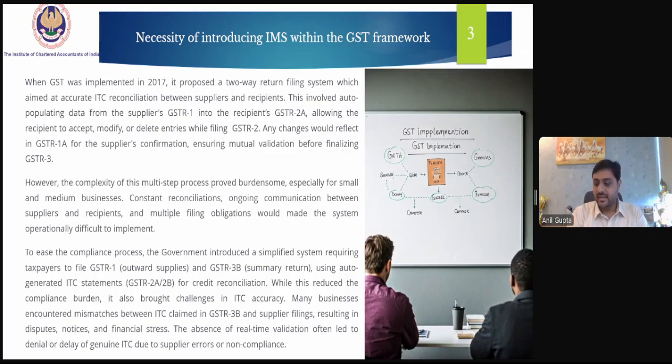That is why, considering these issues, the government, with the help of GSTN, has now introduced IMS, which is designed to fill the gap left by the permanent suspension of the two-way return filing system.